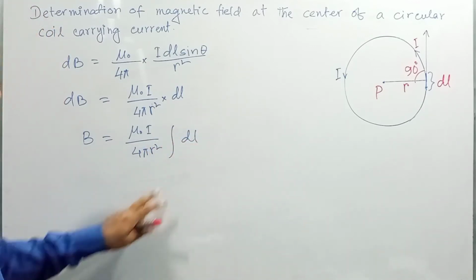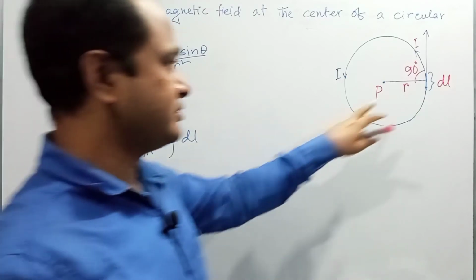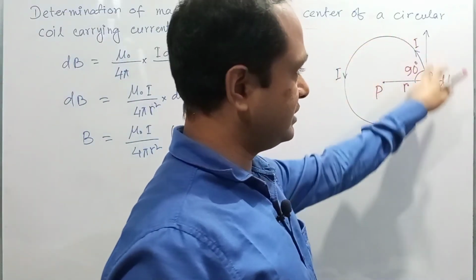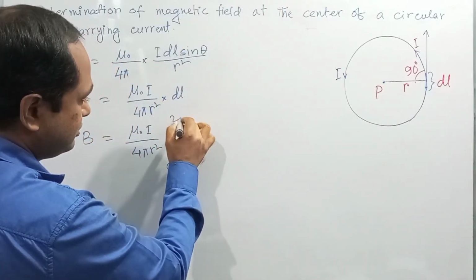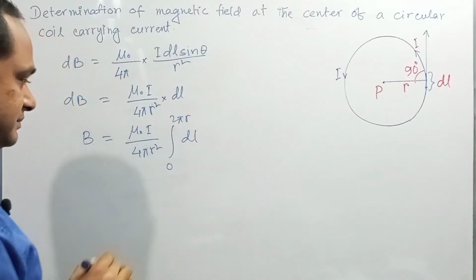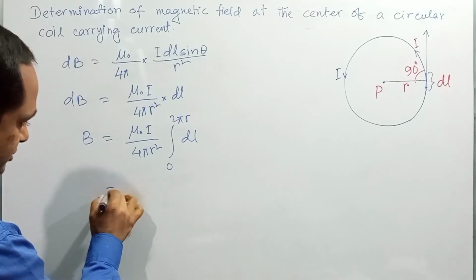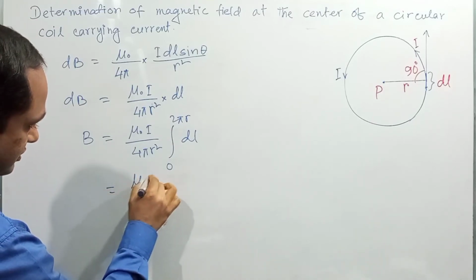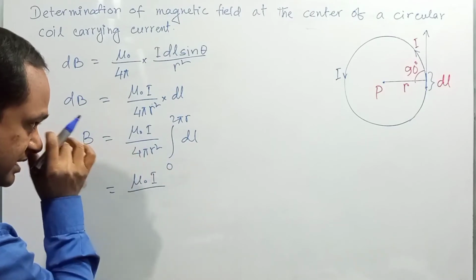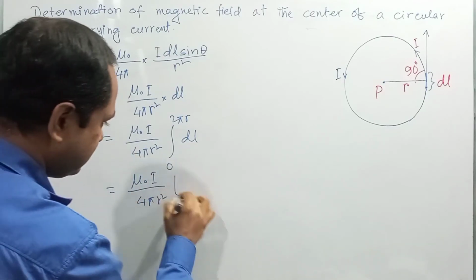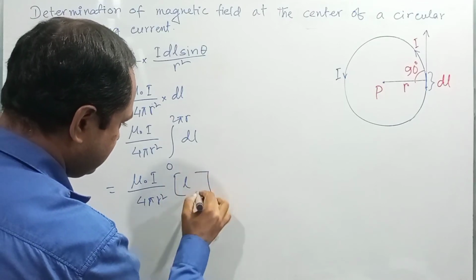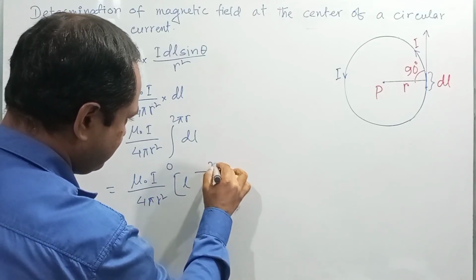Here the limit of this integration will be 0 to 2 pi r because the length of the total wire is 2 pi r. So the integration of dl, with the limit 0 to 2 pi r,